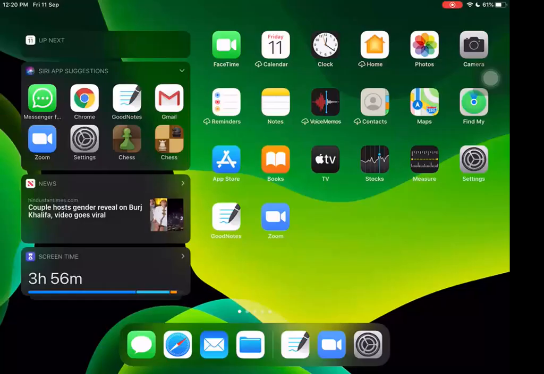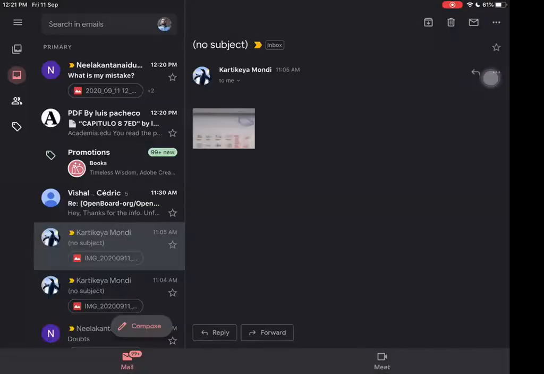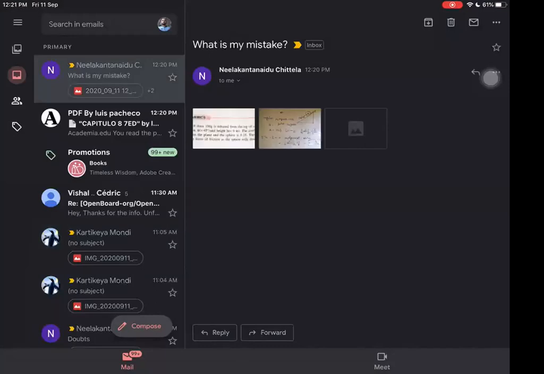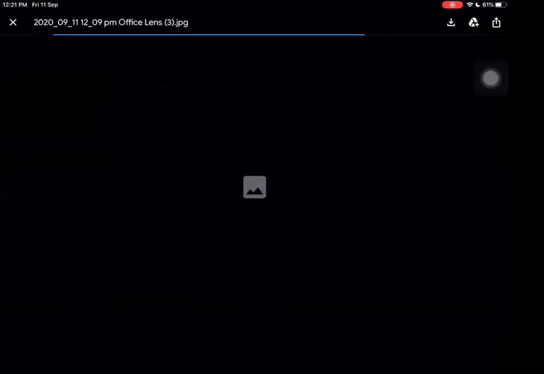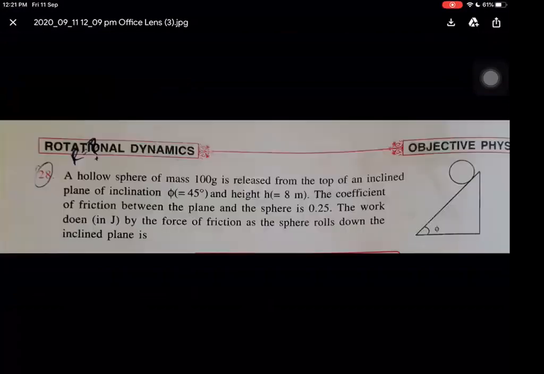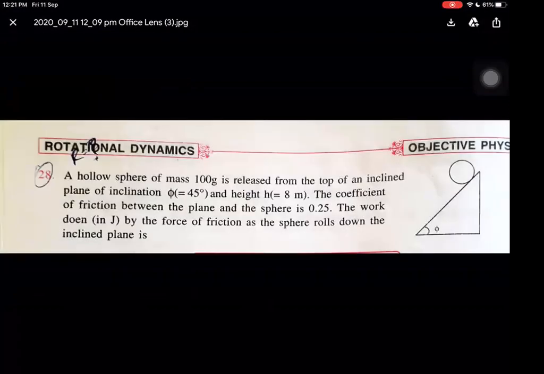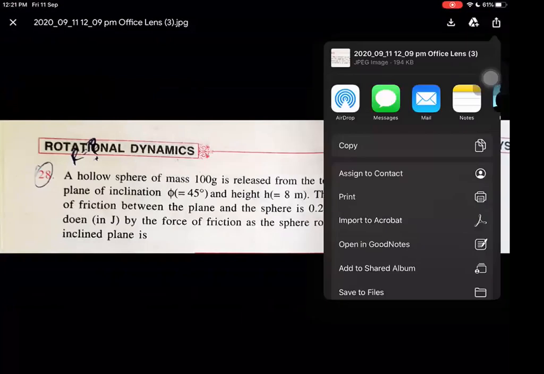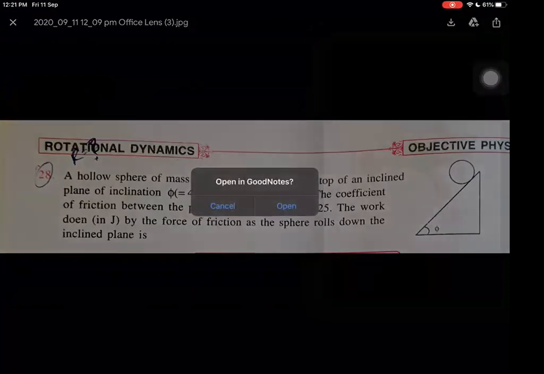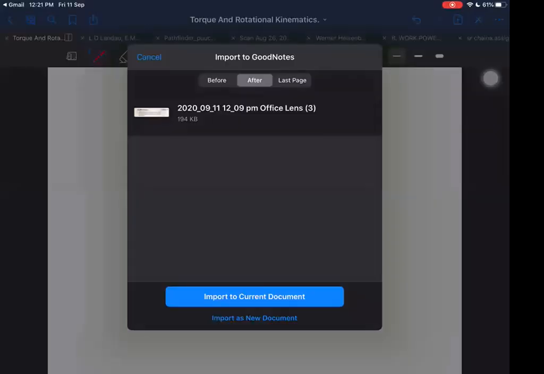Sir, I have sent the mail. You have sent already. Let me check. Yes, Neelkantha, I am getting it from you. The hollow sphere question, sir, you said work done by friction, how it will be sliding. I told how to do. Yes, sir, I did it in the following solution. You did not get the answer? I sent you the solution also, sir. Okay, I will see.